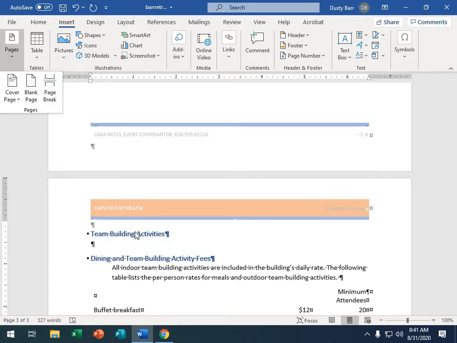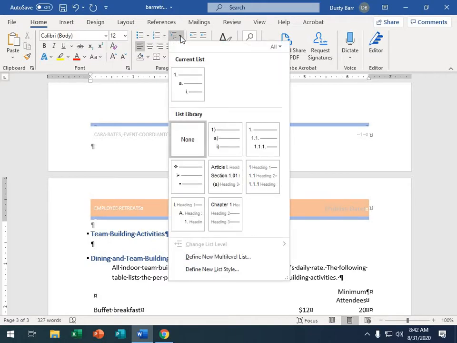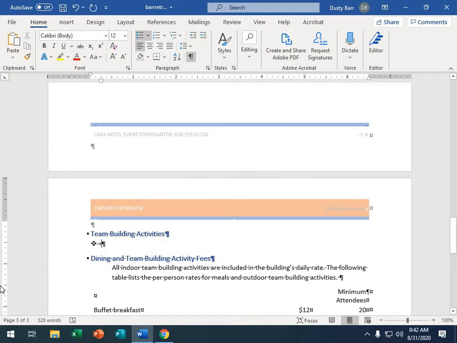And then the next step is within that we're going to click below, in between team building and dining, and go to Home again, and there are different options here. You've got bullets, numbering, and multi-level list. They want you to click multi-level list, and the one they want you to select is symbols. It should give you a cube on the side, a diamond shape, and what you're going to do is type in the following material: